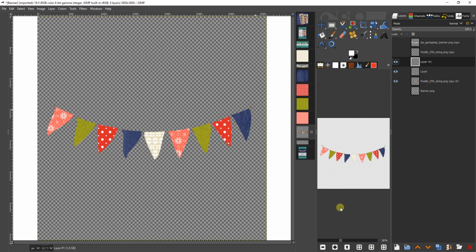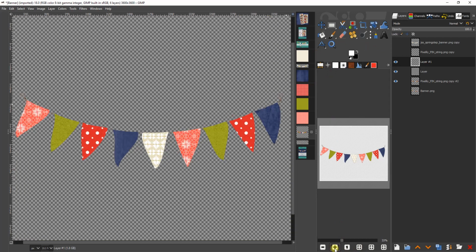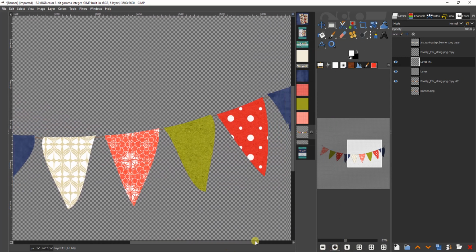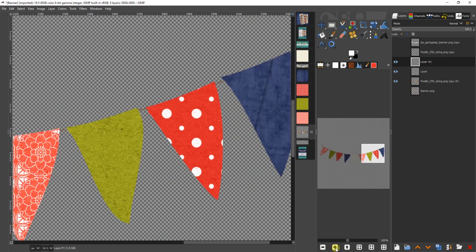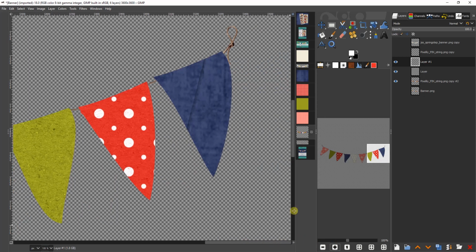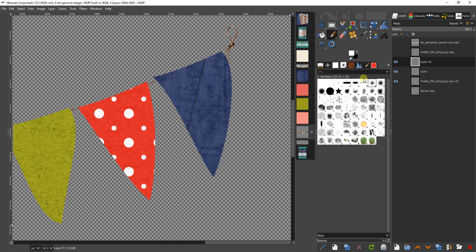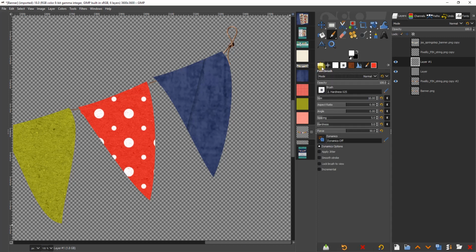So let's increase our magnification, and with this layer active, and using our paintbrush tool and white, we're going to make our paintbrush a size of 10 and a hardness of 5. Then we're going to just draw